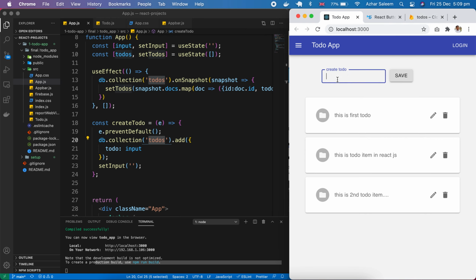And let's create one more. That's it. One more thing we can do here: if I press this, you can see empty is coming. If I reload, it's even showing here, and it's passing the empty